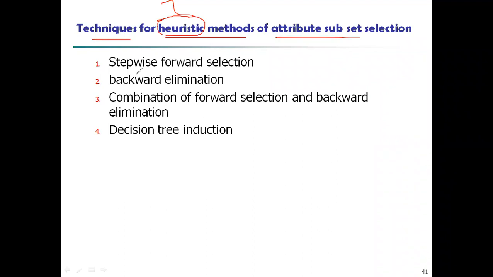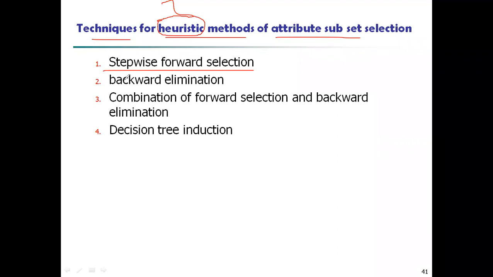So that's why we call these techniques the heuristic methods of attribute selection. The first one is stepwise forward selection. What is the first one? The first one is stepwise forward selection. Now we are going to select the attributes stepwise, by traveling forward.